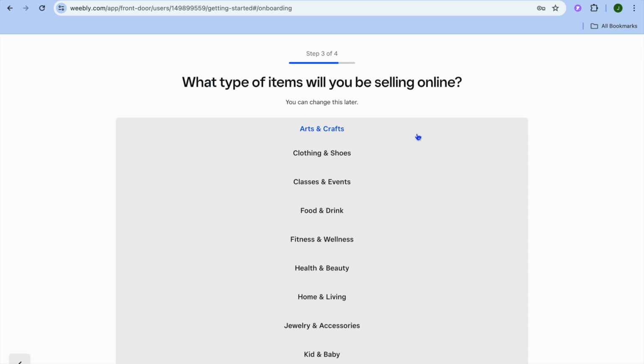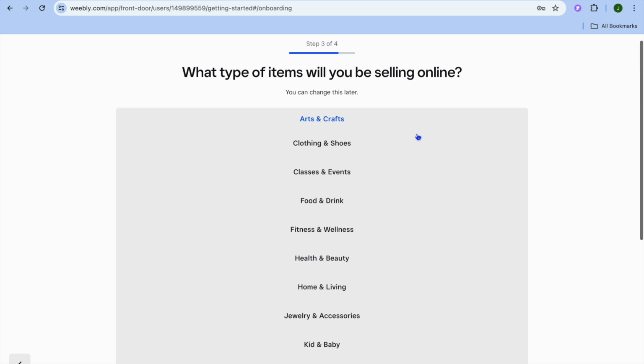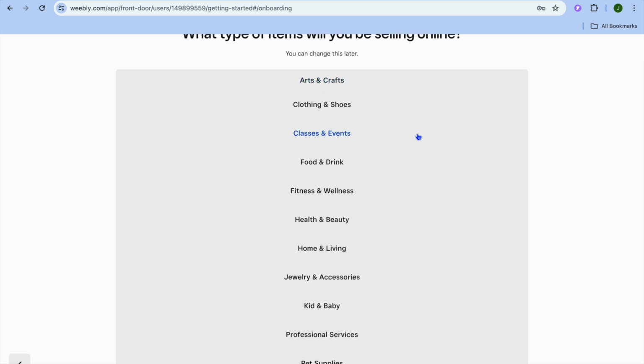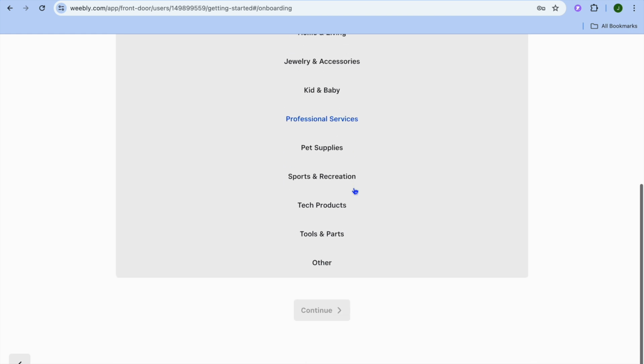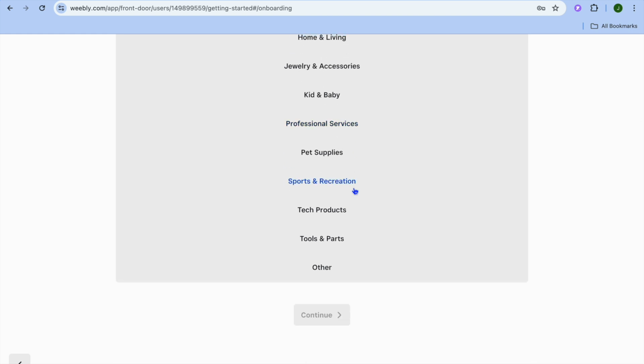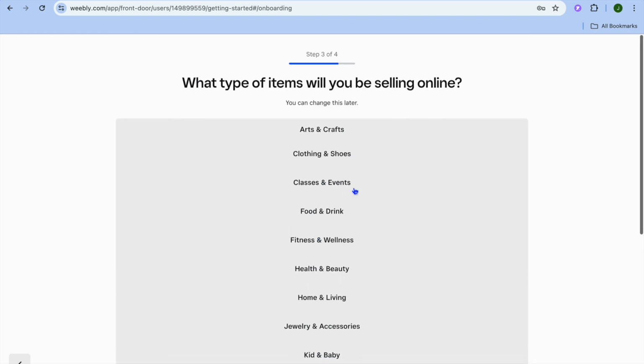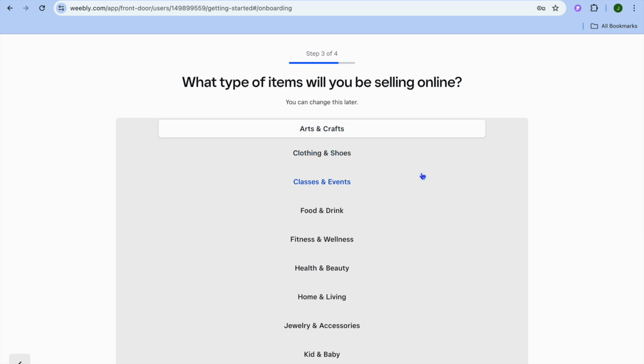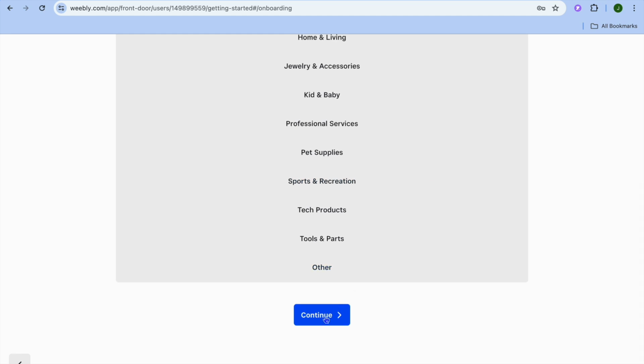Then after doing that, what type of items will you be selling? So for example, if you will be selling digital products like arts and craft, you can select that. If you'll be selling clothing and shoes, you can select that. You can have numerous options, as you can see right here. You can select any one of these options. Now let's say, for example, I were to select arts and craft, then scroll down and I'm going to tap